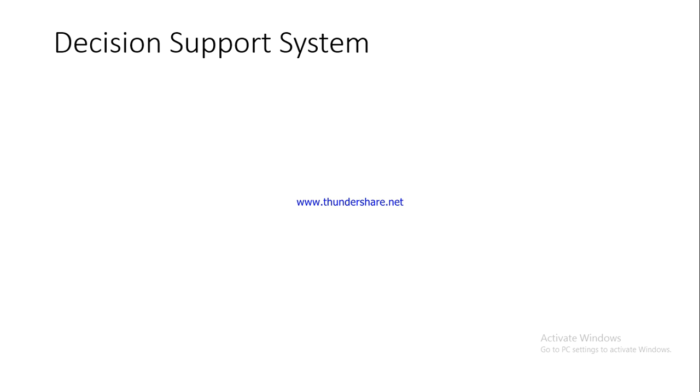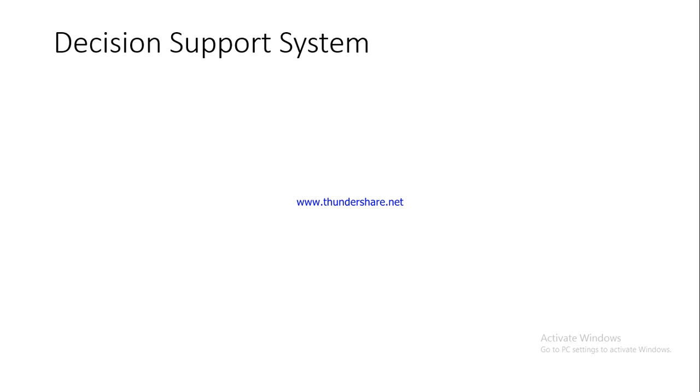In unit 2 of management information system, up till now we have discussed the hardware resources, the software resources, networking, database management, and we also talked about the database architecture. We talked about the hierarchical, relational, and network models. Now we are going to talk about some components of MIS